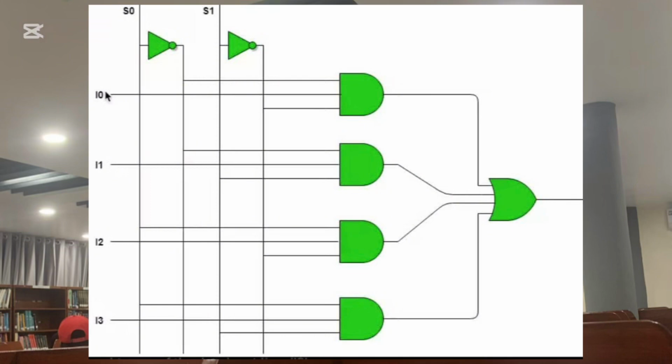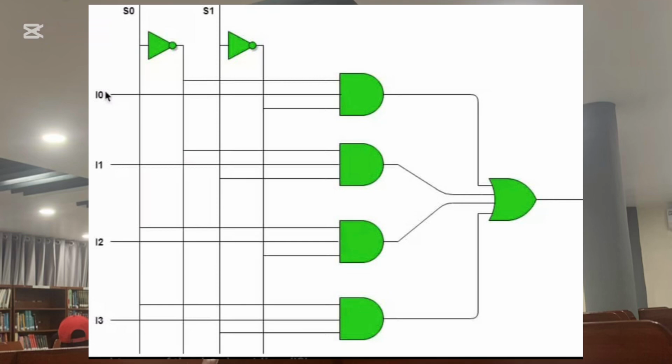3. The OR gate. The OR gate is like a gate that opens, outputs 1, if at least one of its inputs is on. It only stays closed, outputs 0, if all inputs are off. The outputs of the 4 AND gates are fed into this OR gate, which combines them to produce the final output